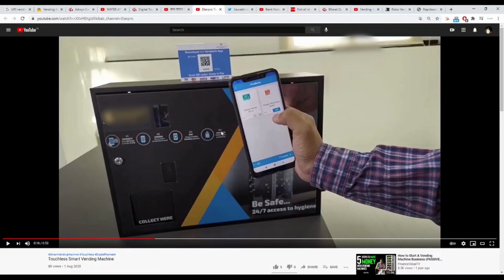The problem with these kind of machines is I don't want to go and scan any QR code and install an app from any machine installed on a roadside. Like if I have to just drink a tea, or if I just need a napkin, or a snacks packet, I don't want to install any app on my mobile device. I don't know why they have designed it that way, but the real reason is it's much easier to implement